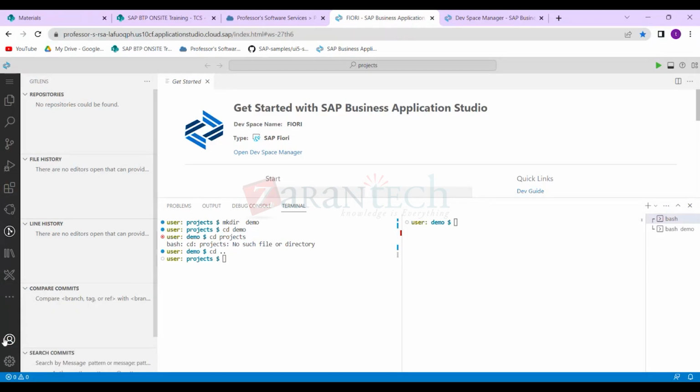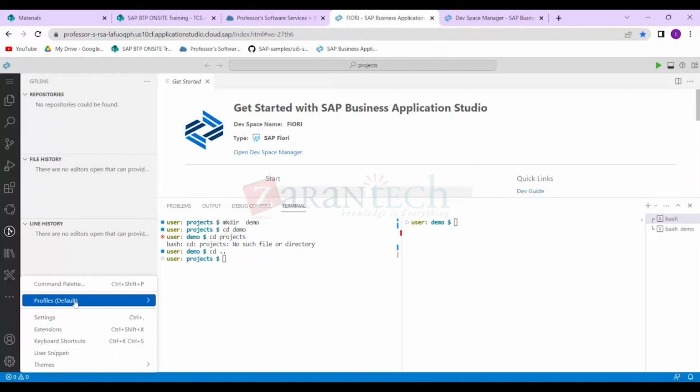Now if you are working on some other tool and you want to change the theme, or bring more personalization to your tool, some people will be using other tools, right? So if they have been using Visual Studio Code earlier, they can make it look and feel similar. Also over here we have a